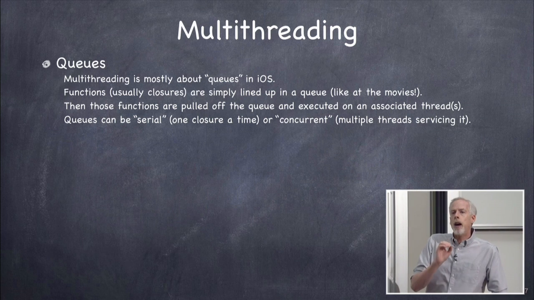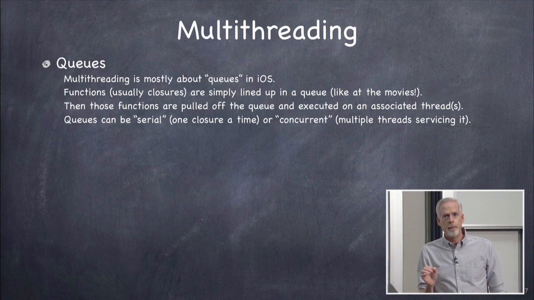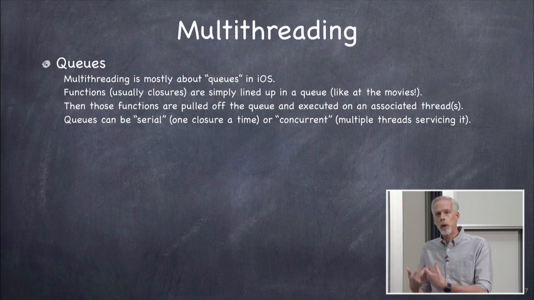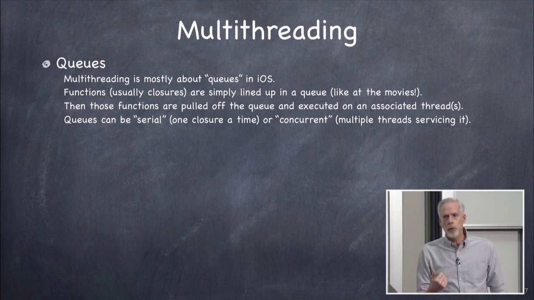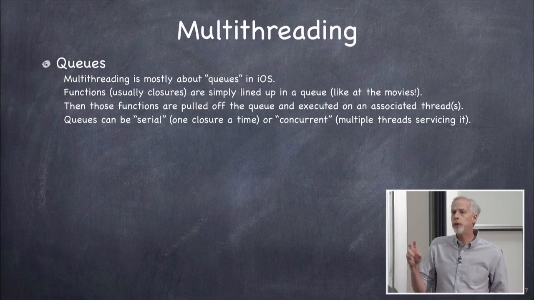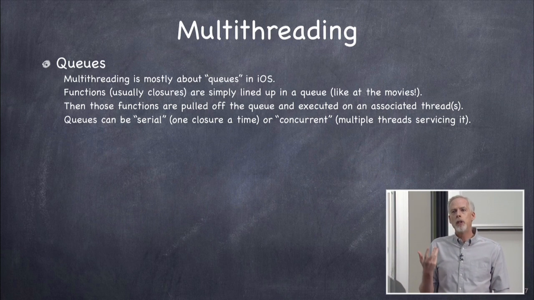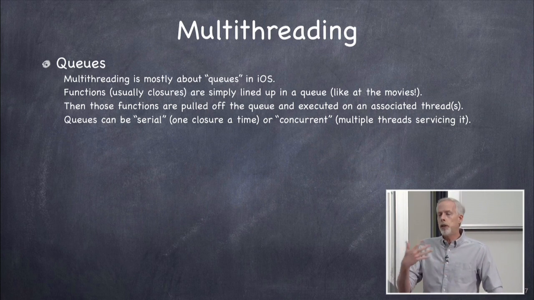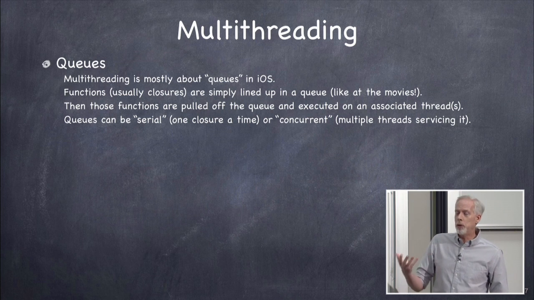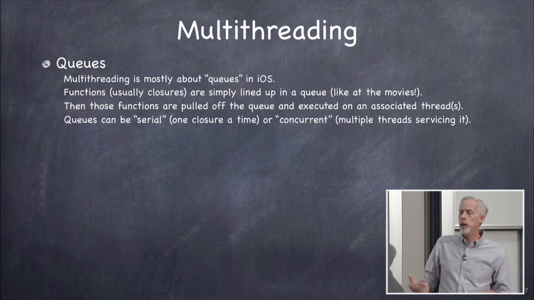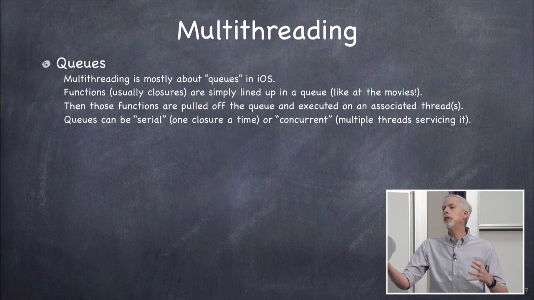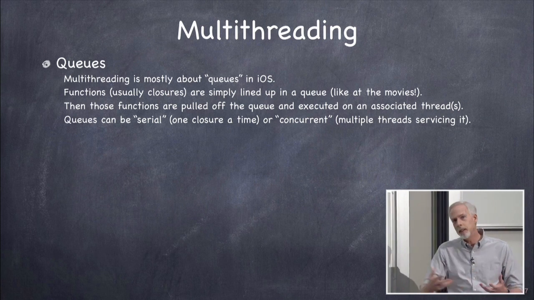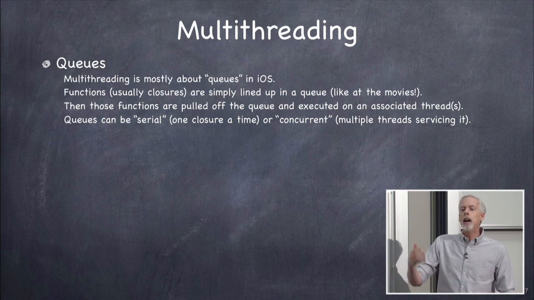Now, in iOS, we don't actually even really talk about threads much. I've been using this word thread, okay, because that's what's going on underneath the covers. We're talking about threads of execution here. But really what we talk about is queues. Okay, so multi-threading is really about queues. Now what's a queue? Okay, a queue is an English word actually. We don't use it in the United States much, but a queue just means a line. Like if you go to the movies, you might say, I'm queuing up to see this movie, especially if you're in London, you would say, let's go queue for the movie.